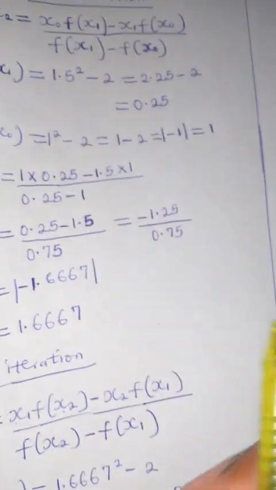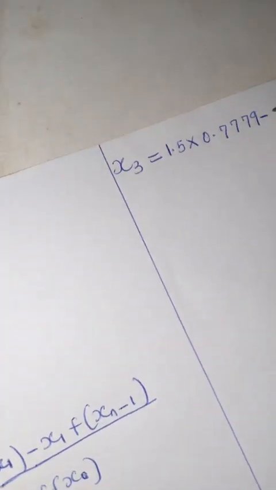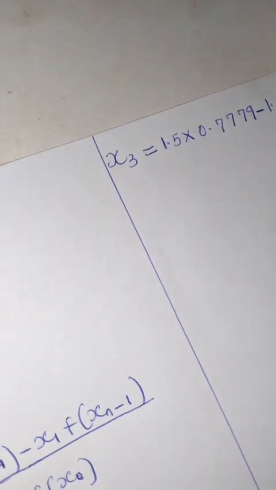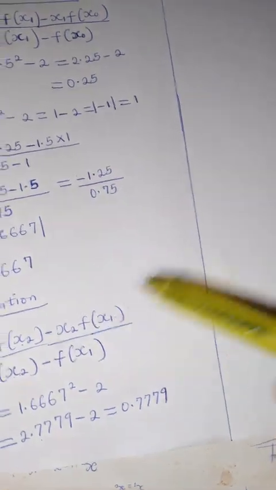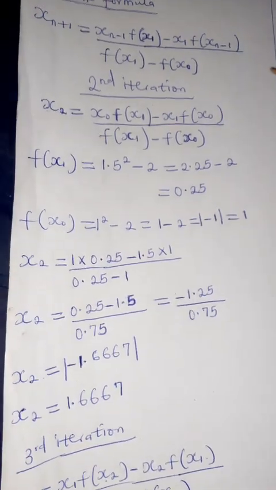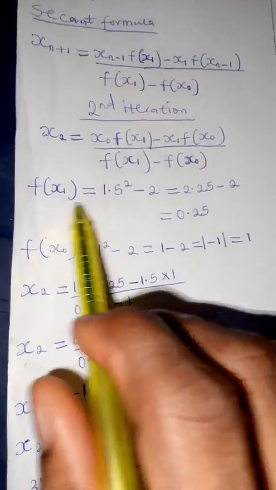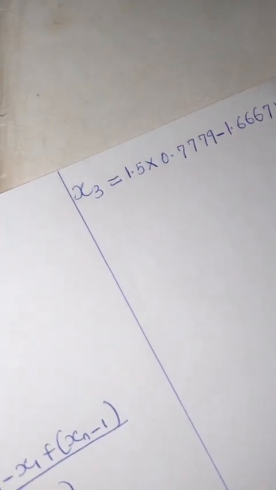Now my x2 is 1.6667, times my f of x1. If we go back to our second iteration where we are coming from, f of x1 is 0.25, over